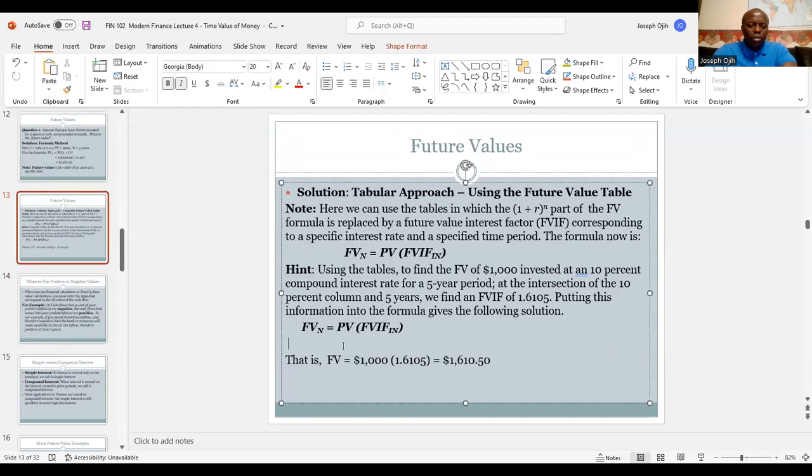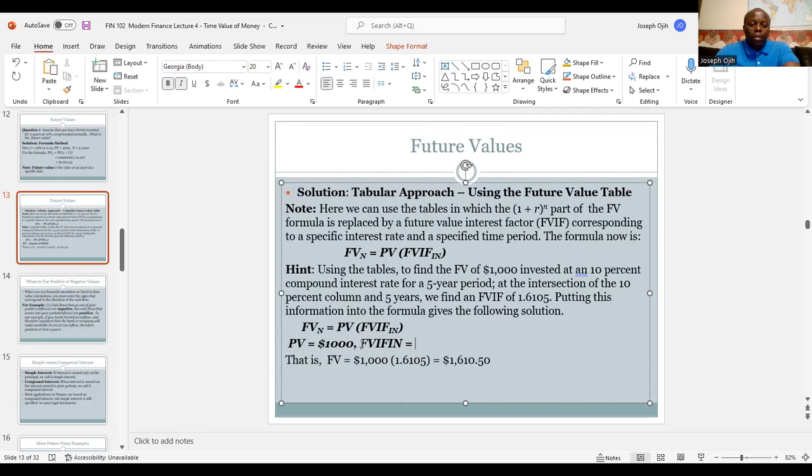Your present value, PV, is $1,000. Your future value interest factor from the table will be